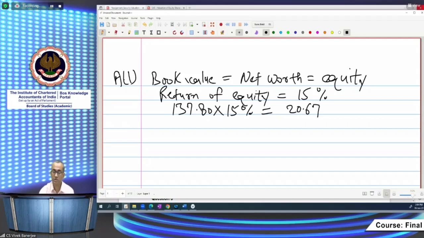So 20.67 is the earning per share, that is, the EPS. Now that you have understood how earning per share is calculated,